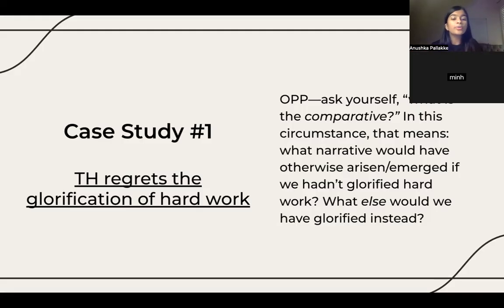Also, another comparative that we can make is when we're regretting the glorification of hard work, we can instead glorify just success. So, what does this mean? This means that people will no longer just use the hard work method to get success because there's been a glorification of success and everybody just wants to become very successful in the future. Now this can cause people to use a lot of loopholes, take the wrong paths, use cheats or shortcuts to achieve the success which they otherwise would not have achieved in a world where hard work was glorified.